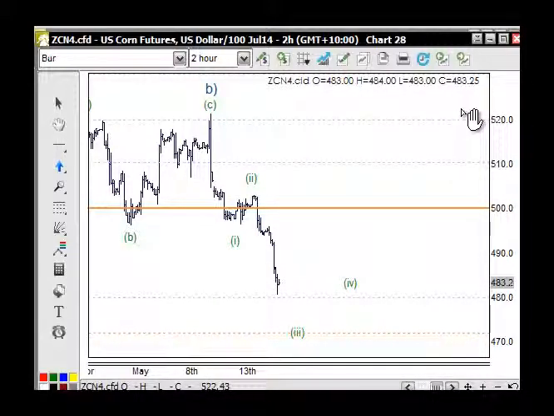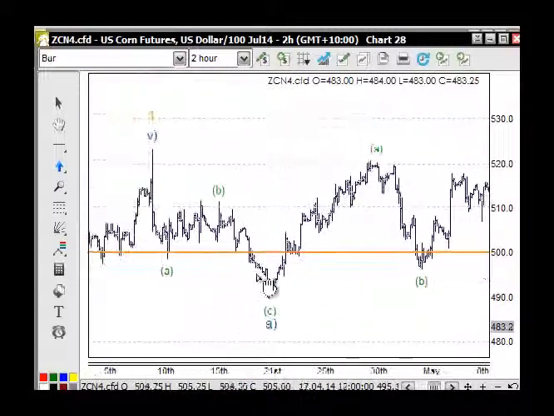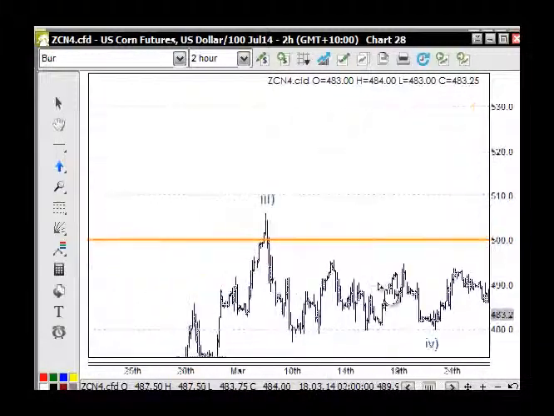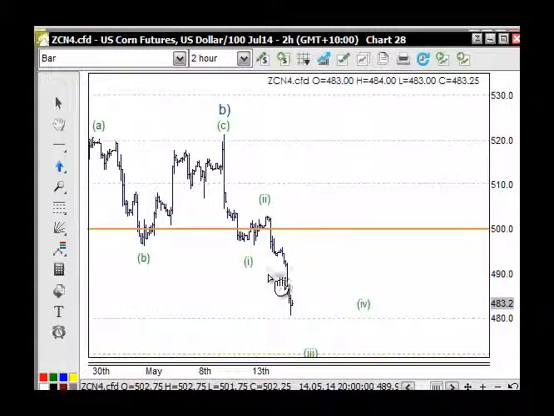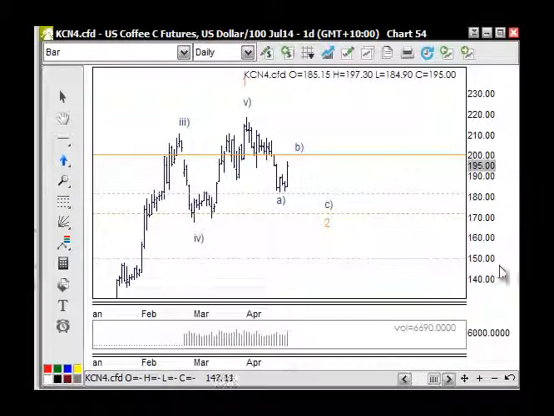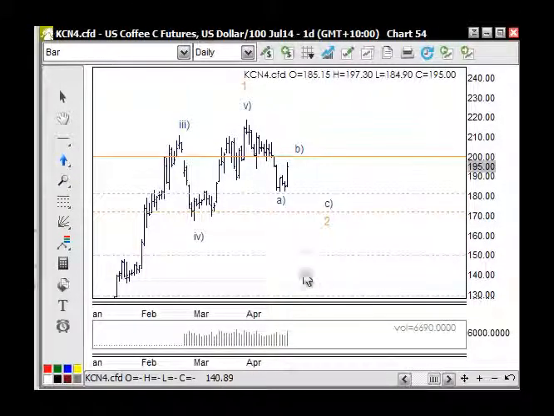The main point here is that we want to see a nice big correction across the 500 here, and the bigger the correction, the bigger the next trend is going to be. So it's currently just taking out all the stops for all the other long traders that haven't exited in this market. And once all that's done and dried up, then we'll see this market move higher. Okay, the coffee market, we were also looking for a bounce off the 180,